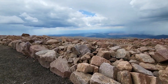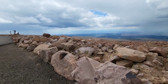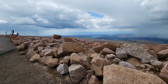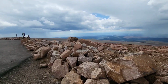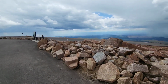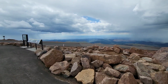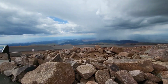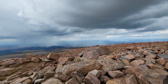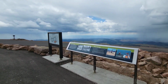So definitely it's pretty high. And then being from Houston, but living in the DFW, just the elevation that we're used to compared to this does take a little bit. So I think the key to not getting sick is just take your time. So yeah, but it is absolutely beautiful. Just how amazing